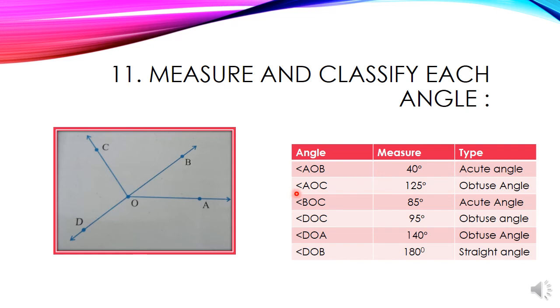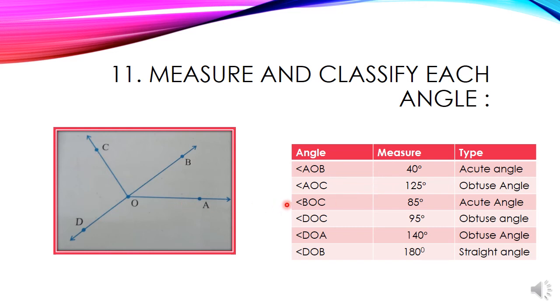Now second angle is angle AOC. Okay children, which one? AOC, this angle. When you measure, you get it is 125 degree. 125 degree, it is an obtuse angle, greater than 90 degree. From the figure itself we know it is greater than right angle and while measuring we get 125 degree. You keep your protractor baseline along OA and see at which mark arm OC is, so we get it is at 125 degree.